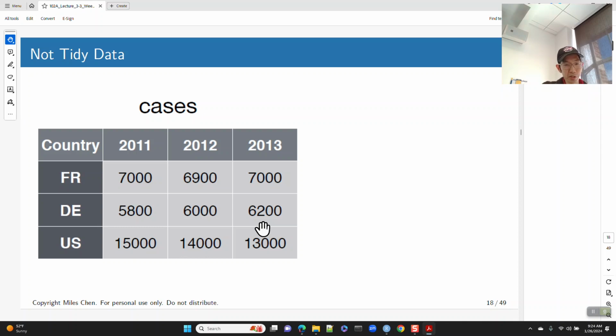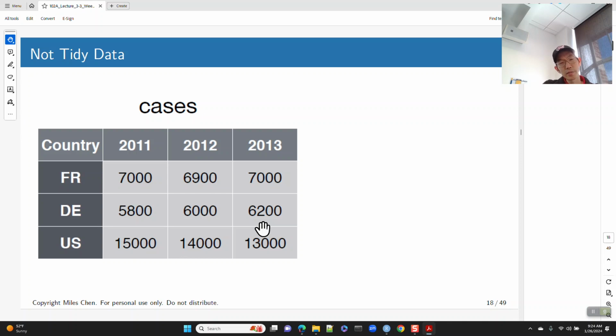One variable is the country. Another variable we might consider to be what year it was. And the last variable would be the number of cases. And in that case, if you said the variable is the year, then